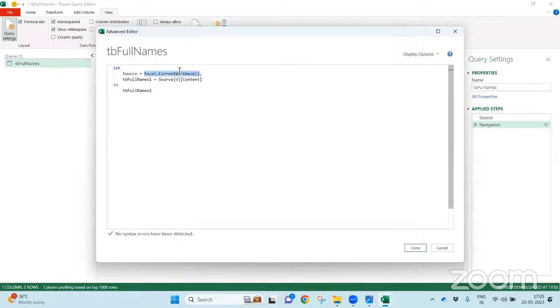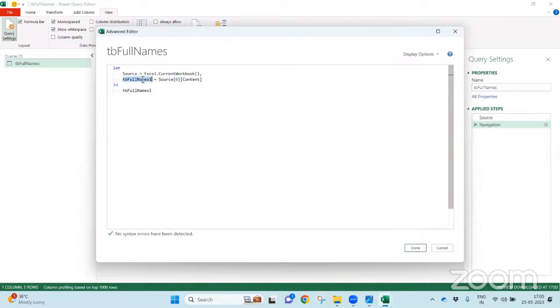That table is coming from the Excel.CurrentWorkbook function, and the TB full names 1. From this variable, I want to take the source table, in that first row, content column. Finally, I want to get the result TB full names 1.